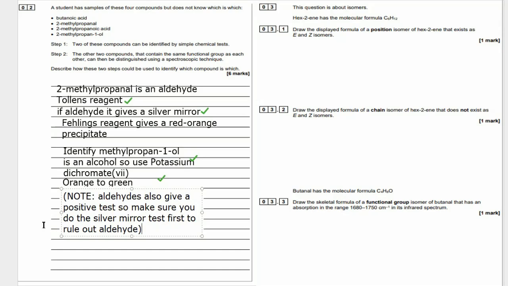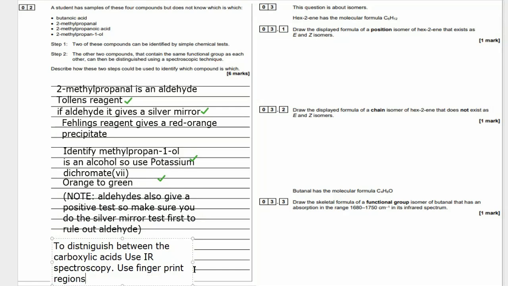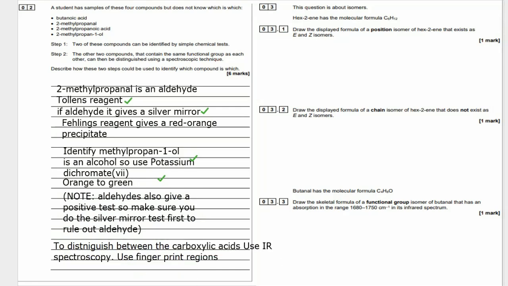Now, to distinguish between the carboxylic acids, we're going to use, you probably guessed, infrared spectroscopy. And we could just say that, and that would get us 1 mark. Use fingerprint regions, so they're regions which identify specific molecules. So you can just say, and look at the fingerprint regions. Or you could have a data book, or you could say compare to a data book